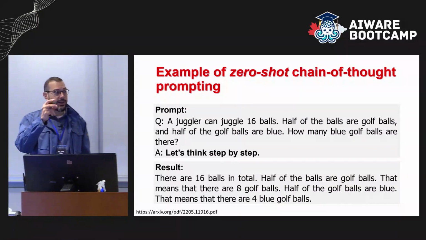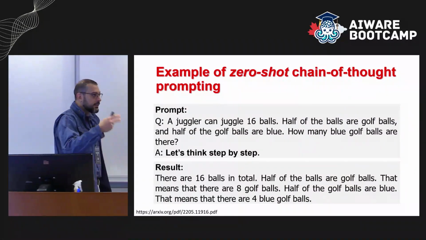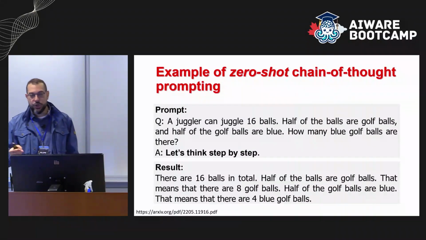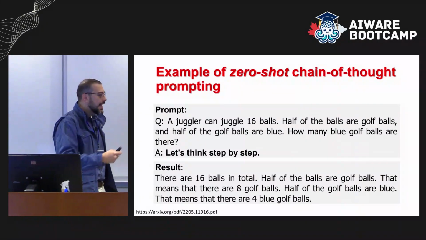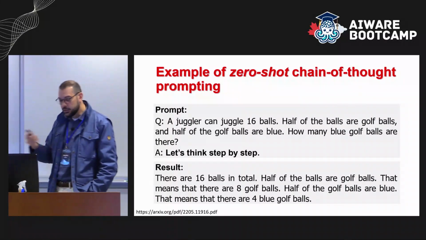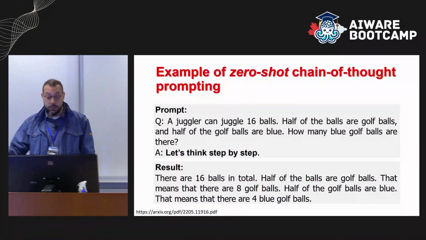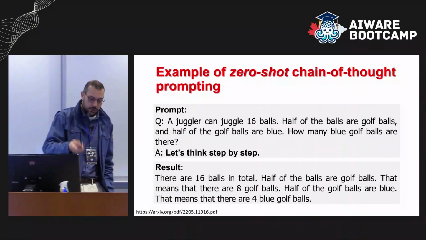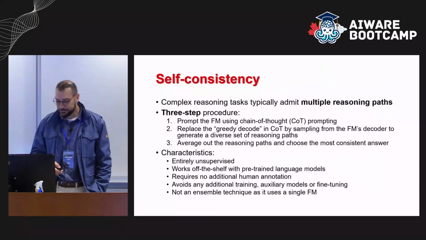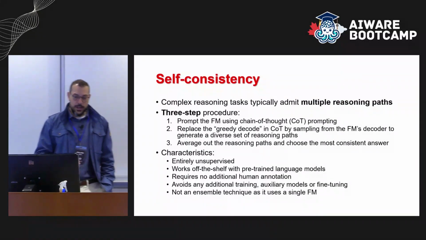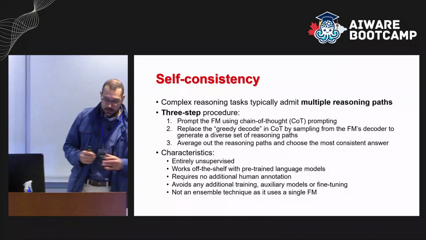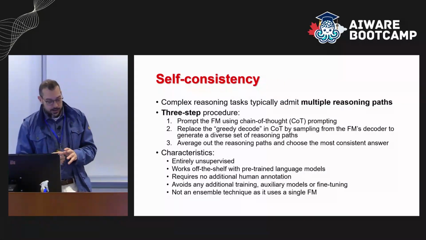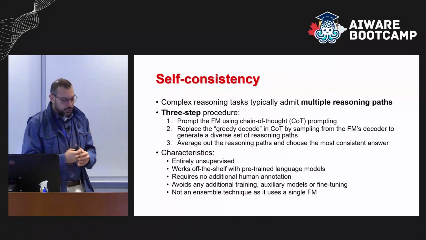It really tries to break down the question and to reason until it arrives at an answer, okay? So this is called, again, zero shot because we don't have any examples. We just ask the model to think step by step. And there are many different ways to ask the model to think step by step. This will work in some models, but not very well in others, so we need to ask the right way. Okay, so chain of thought was a very seminal work over this idea of actually asking the model to